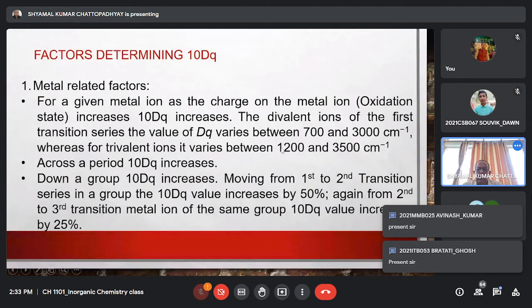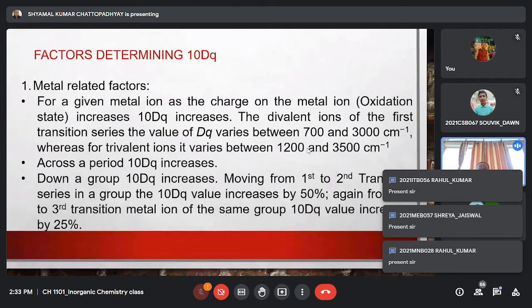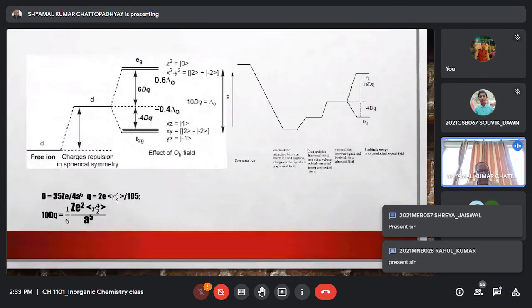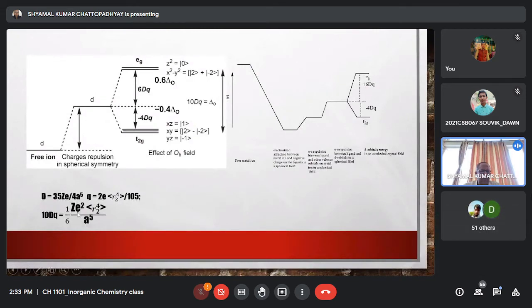Dq value is within 1200 to 3500, that means 10 Dq value is 12,000 to 35,000 centimeter inverse. So an increase of the oxidation state or the charge on the metal ion leads to an increase of the crystal field strength, and we have justified it because the 10 Dq value depends on the nuclear charge,